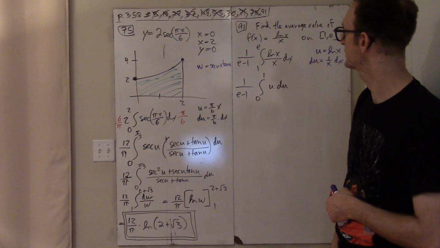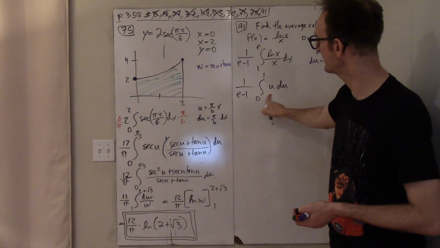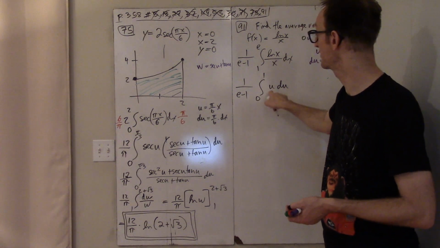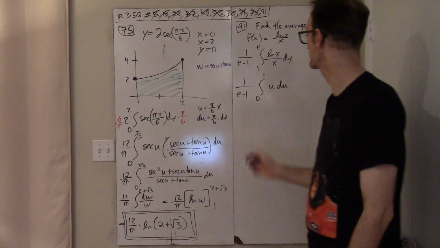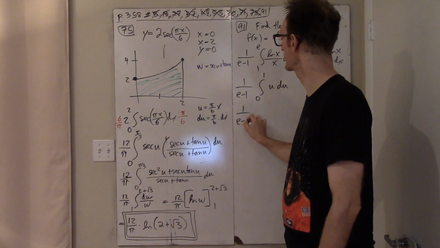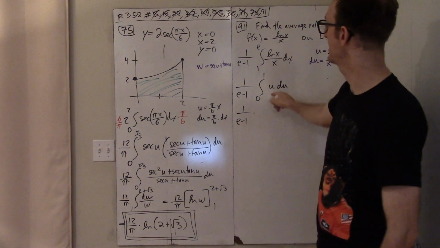Okay, so I don't even need calculus for this. This is just going to be a half because it's just a line, but I guess we could just do it. So 1 over e minus 1 times the antiderivative of this, so it's going to be